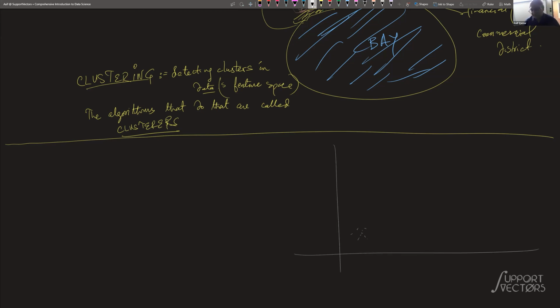Suppose you have ducks, cows, size, and let's say this is weight. Now, the human eye, given this data, how long does it take the human eye to detect the clusters? It is instant. But the eye